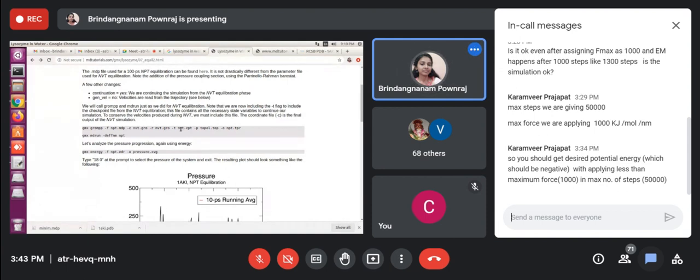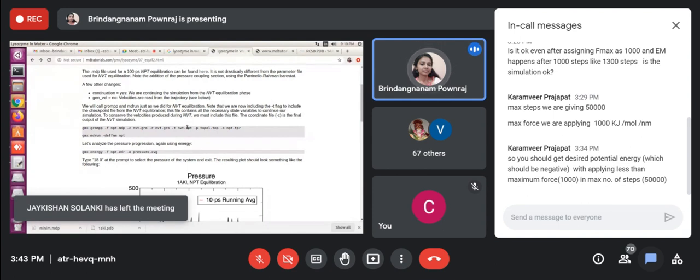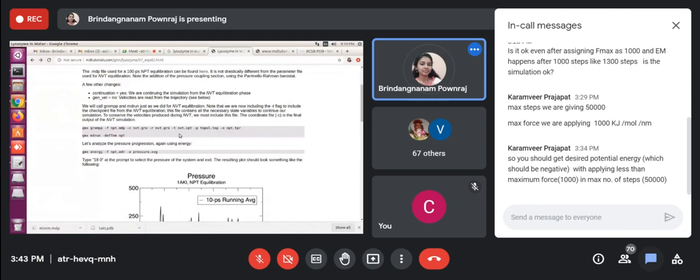This will be useful while doing simulation also, because when you are doing a simulation, if in between it is stuck or it is done, and you want to extend your simulation, how many nanoseconds it has run so far, that information will be there in the checkpoint file, the CPT file. Then as usual, I am giving the topology file also, then output.tpr.